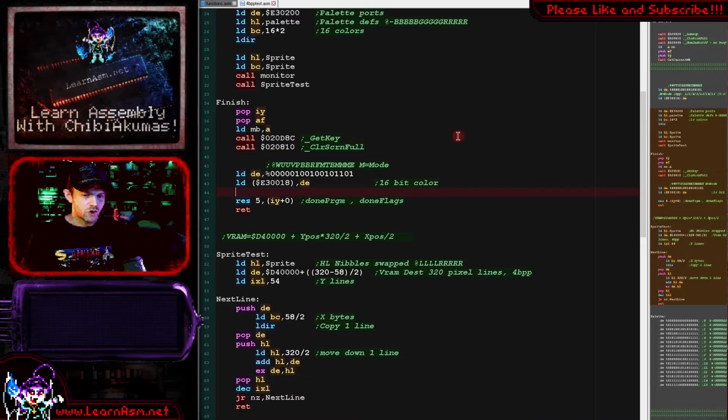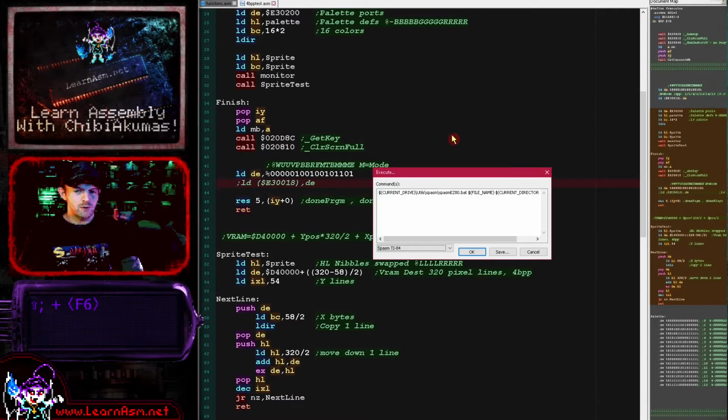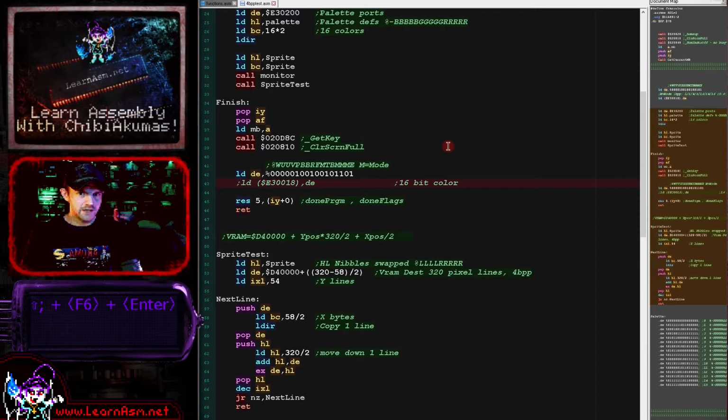So we've got our normal screen, and you actually saw a little bit of corruption at the top of the screen, and that is the remainder of my Chibiko bitmap there. It's still in screen memory. Now, if I disable this line here that was restoring the screen and I run again,